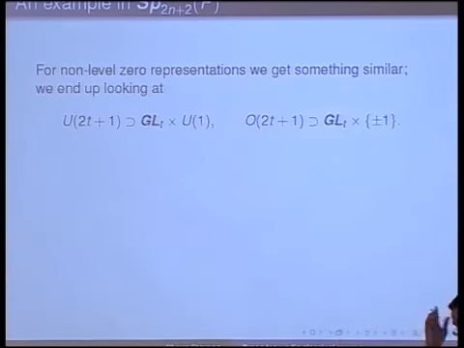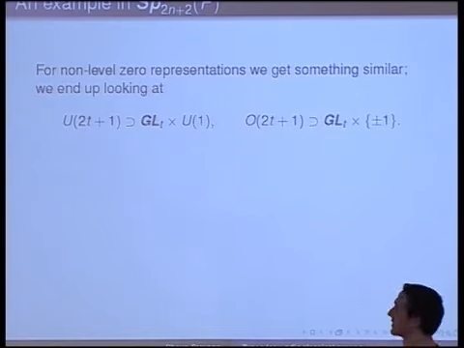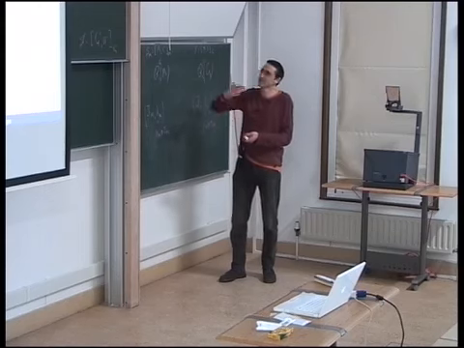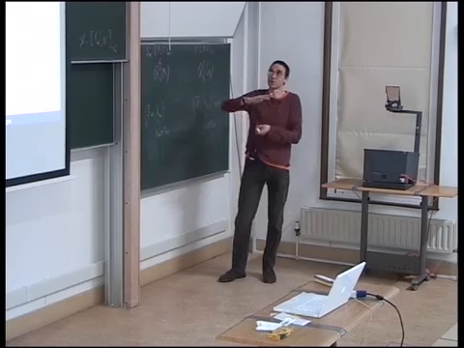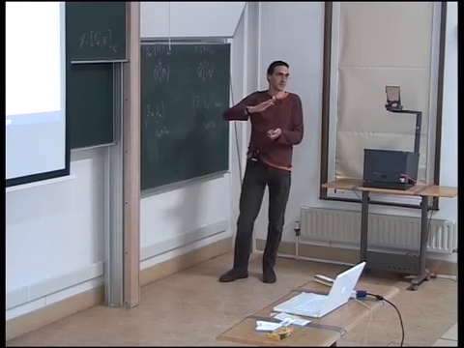So maybe just to finish, a quick word. This was for level 0 representations. For non-level 0 representations, you end up looking at similar questions, but instead of looking in symplectic groups, you end up looking in orthogonal groups or in unitary groups. This is because when you have something which isn't level 0, and you have this rather complicated representation, the quotient of J mod its pro-P radical becomes some reductive group over a different field. In this case, it'll be over some quadratic extension. And so it could be a unitary group, or it could in fact be an orthogonal group as well.